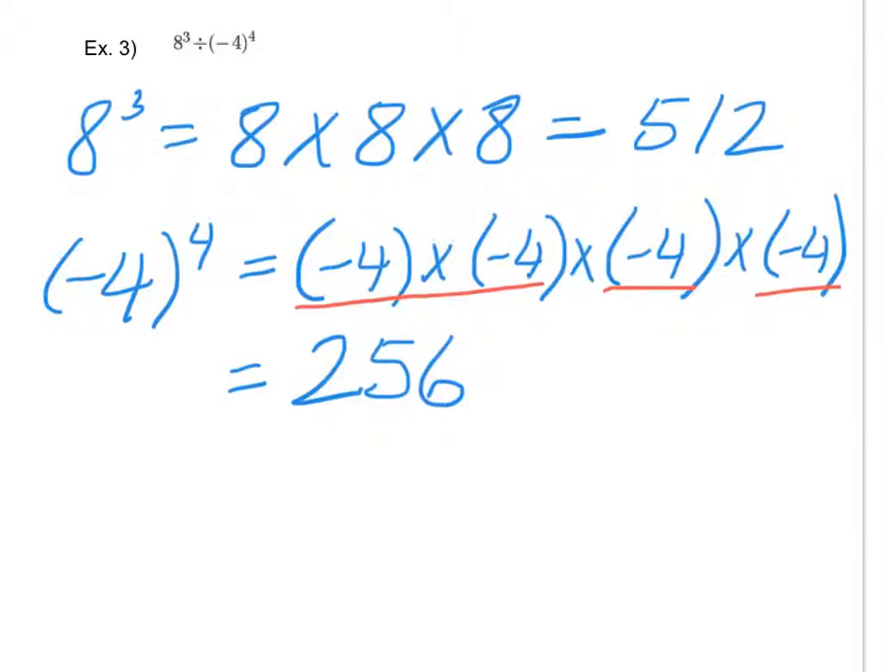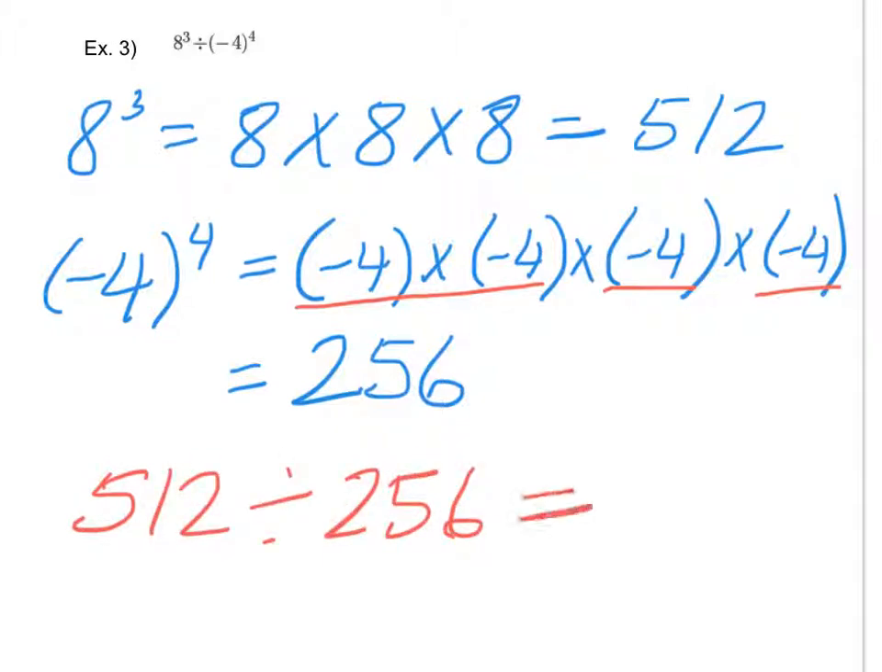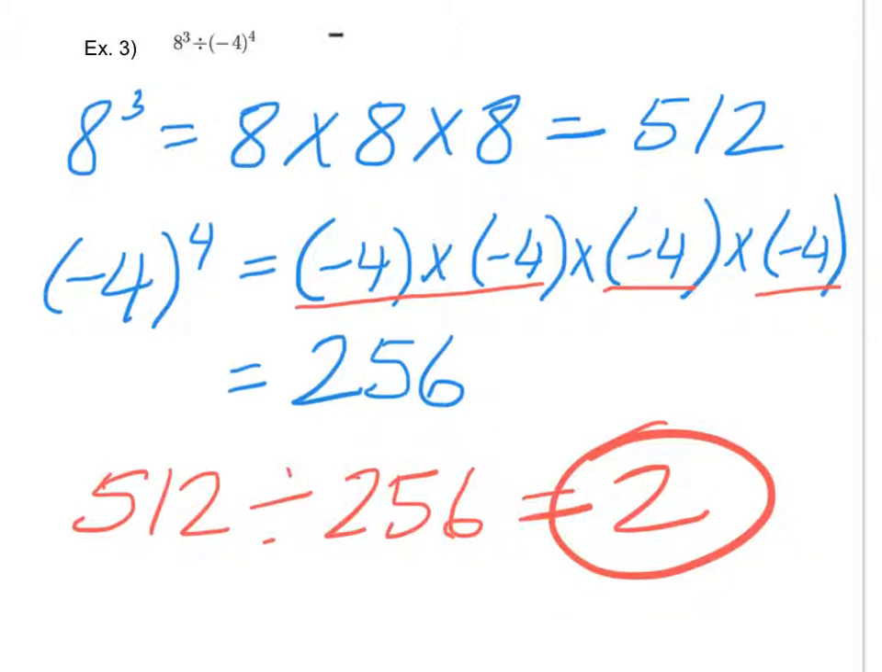So what have we got then? Our overall answer, we have 512 divided by 256. That's equal to 2. Alright, pretty simple. That's how it works. It's really easy. You just have to be careful in situations like the one I've just done, because the minus is in the parentheses, that means that it's minus 4 times minus 4 times minus 4 times minus 4. For example, if I just had this,